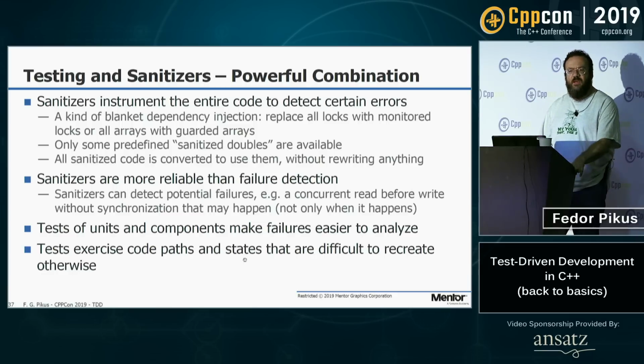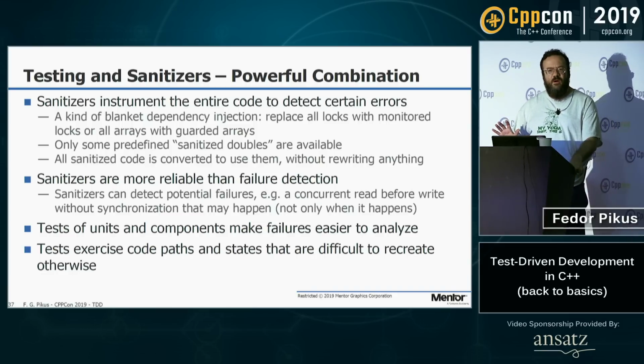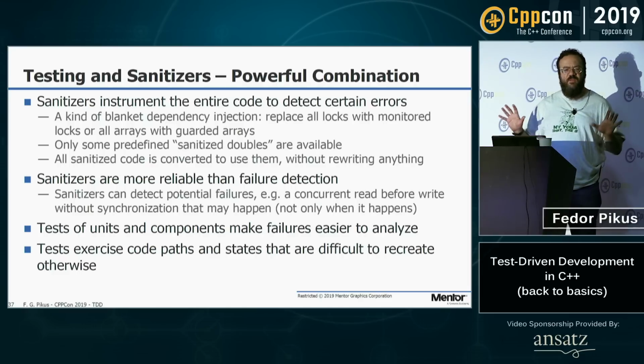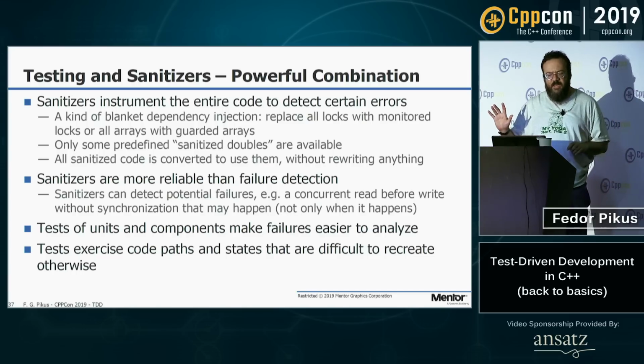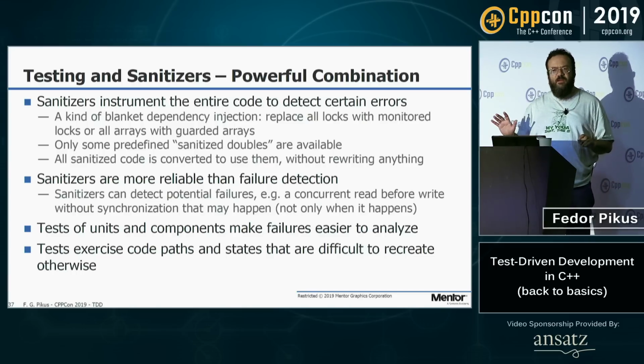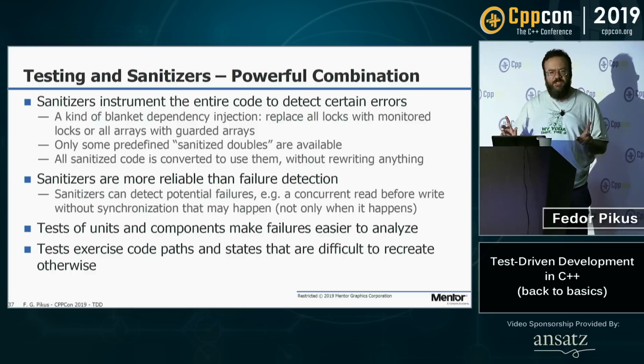They don't test for everything. But what they do test for, you basically get an equivalent of the dependency injection on your entire program done for you by the compiler or the sanitizer, and it's much more reliable than just hoping that invalid actions will cause a failure. For example, the thread sanitizer will detect potential race conditions, not just real race conditions. Address sanitizer will detect out-of-bounds accesses even when nothing bad happened. You write out of bounds of the array, there was nothing there, you didn't corrupt any memory, your results will be correct. Address sanitizer will let you know.